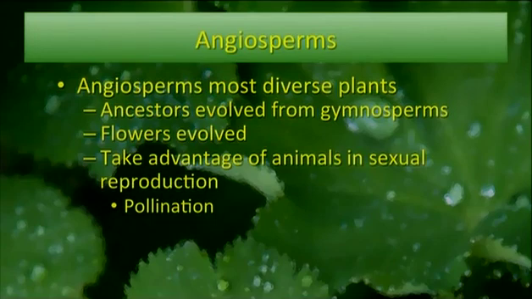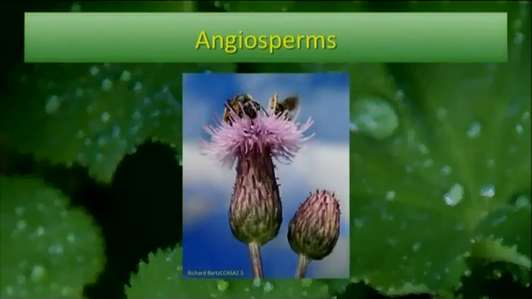They also take advantage of animals in terms of seed dispersal, because many animals will actually eat the seeds along with the fruit, or eat the fruit along with the seeds, and then disperse the seeds in their droppings, like birds and mammals. Here's an image of a bee. What the bee is doing is collecting pollen or getting nectar for herself. But in the meantime, she's also effecting pollination between one flower and another, or cross-pollination in many cases.